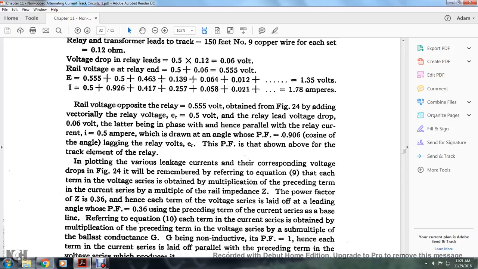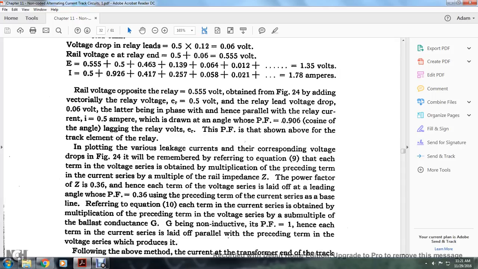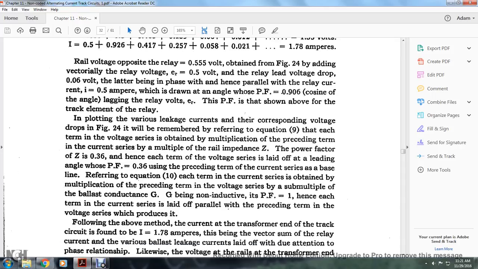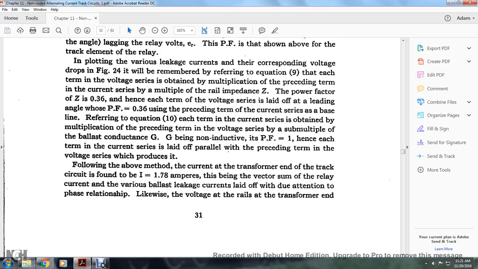Referring to equation 10, each term of the current series is obtained with the multiplication proceeding with the term in the voltage series multiplied by the ballast conductance G. G being non-inductive with a PF of 1, each term of the current series is laid off parallel with the preceding term in the voltage series which produces it. Alright, following the above method,